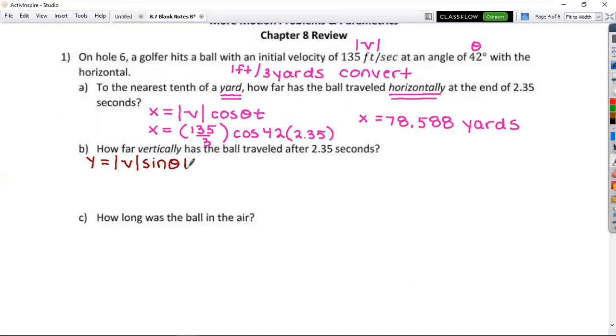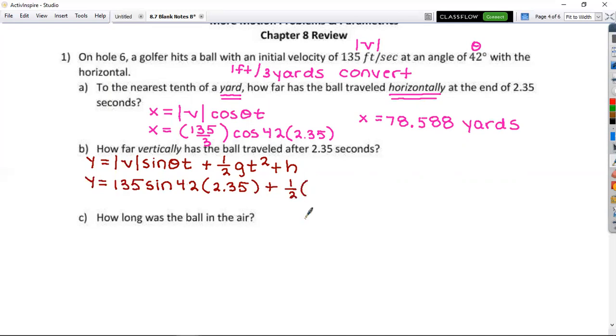theta t plus 1/2 times your gravitational constant, and then t squared plus your initial height if you have one. Again, it's always assumed to be 0 if you don't have anything stated there. I don't see anything stated on this one. Nope, so we're going to just plug in a 0. So I'm going to go y is equal to the magnitude of your velocity, 135, because we don't need this one in yards, sine of 42. Value of time in this case is 2.35 seconds plus 1/2